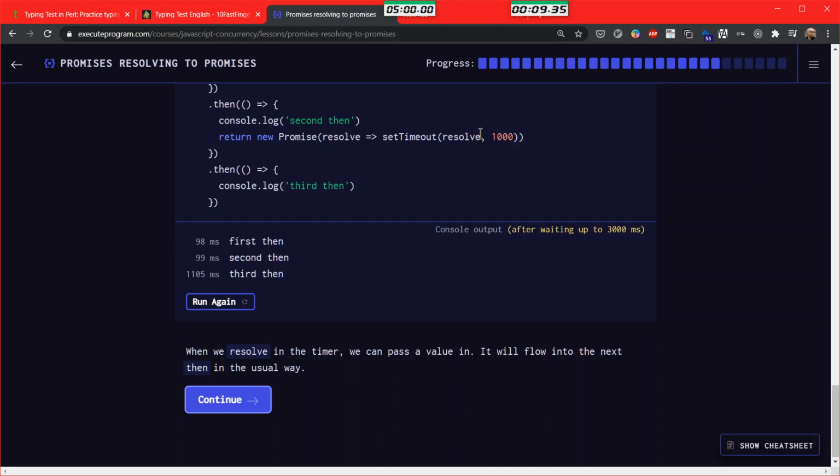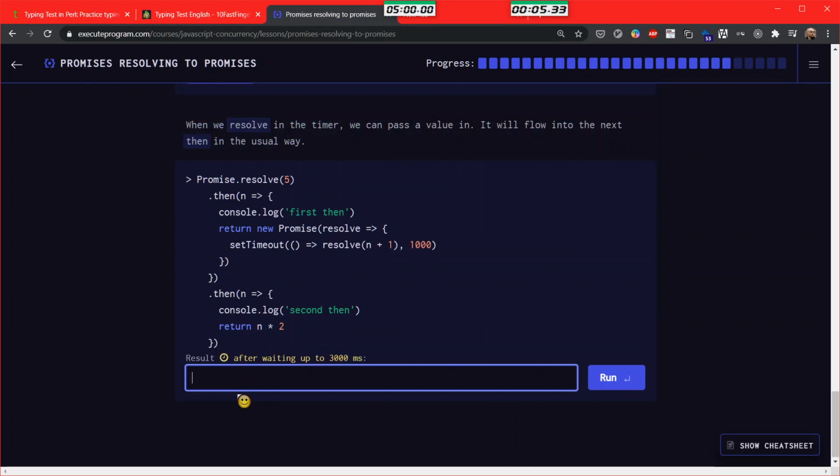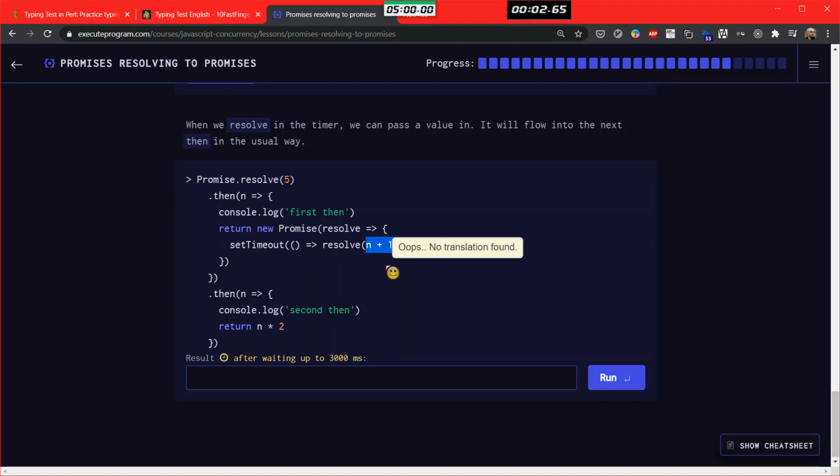So we can call it with the parameters and that will flow into the next one, right? Yeah, so it says n plus 1. Where do you take the n? N is here, n is here. So we have a 5. That goes in here. We'll print out this guy over here immediately.